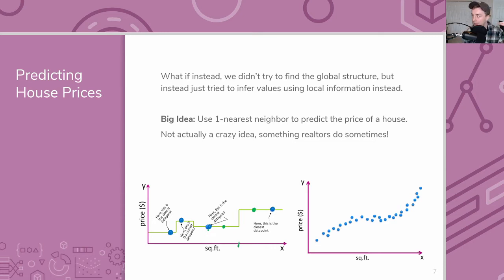And so all of these flat regions are all of the points where this one blue point is the nearest neighbor. And once we cross over and another point is its nearest neighbor, then we jump to another prediction. So this might seem reasonable in this context, and might be a really good baseline in terms of what realtors do, but you might see a little bit of a problem here. In a small example, the prices fluctuate quite a bit. It jumps up and down. There's this kind of discontinuity, and we'll talk about how that might